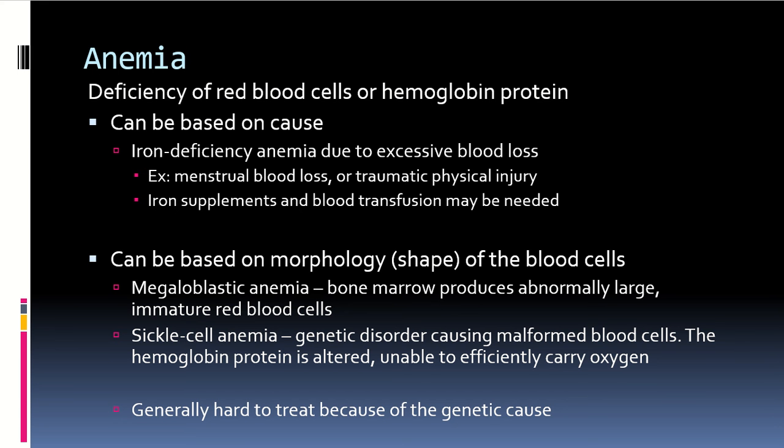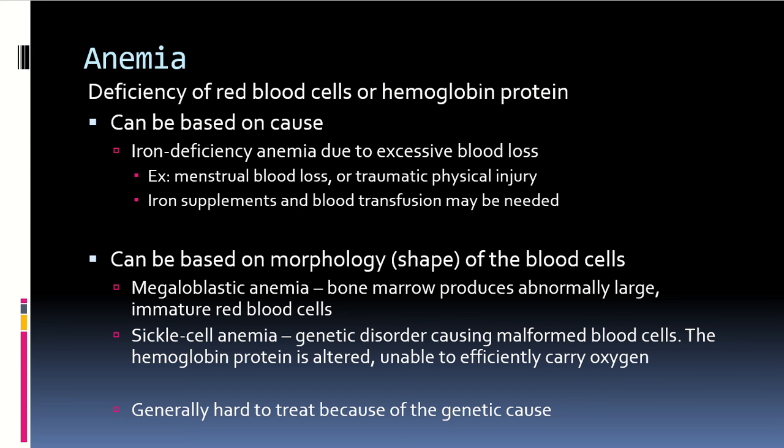And sickle cell anemia is a genetic disorder causing malformed red blood cells. Essentially, the hemoglobin protein is altered. Therefore, it's not as efficient at carrying oxygen. Therefore, someone who has sickle cell anemia, those sickle cell red blood cells will not be able to carry as much oxygen as a healthy red blood cell would. Therefore, they're distributing less oxygen throughout their body and carrying less carbon dioxide back